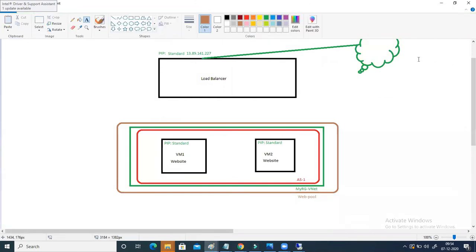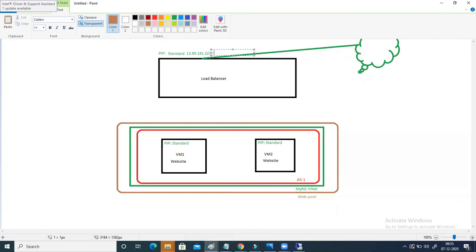How? I have created a rule that says that if any user session comes and hits this public IP address on port 80, correct?